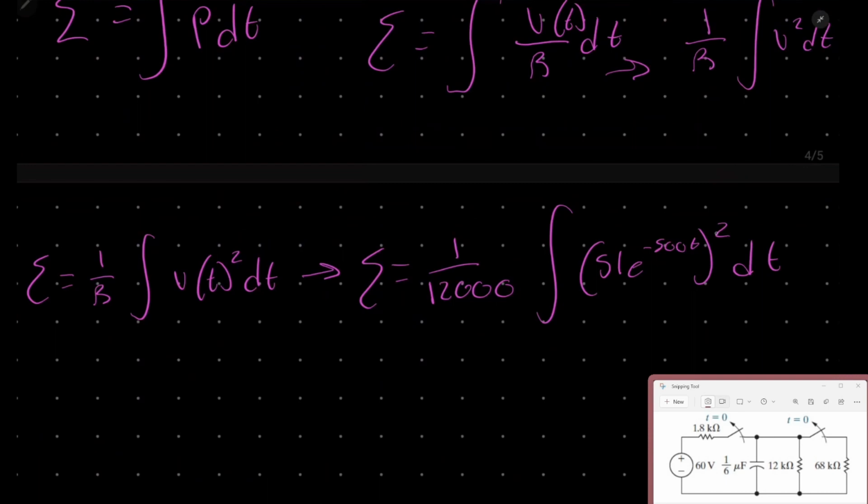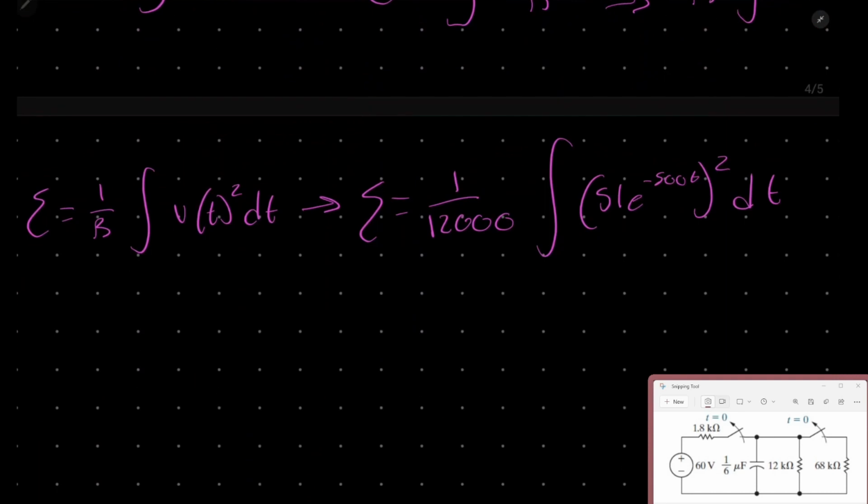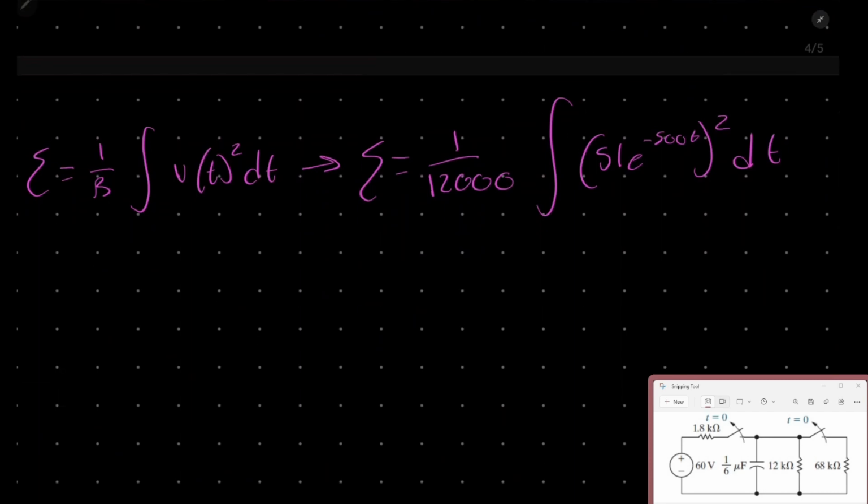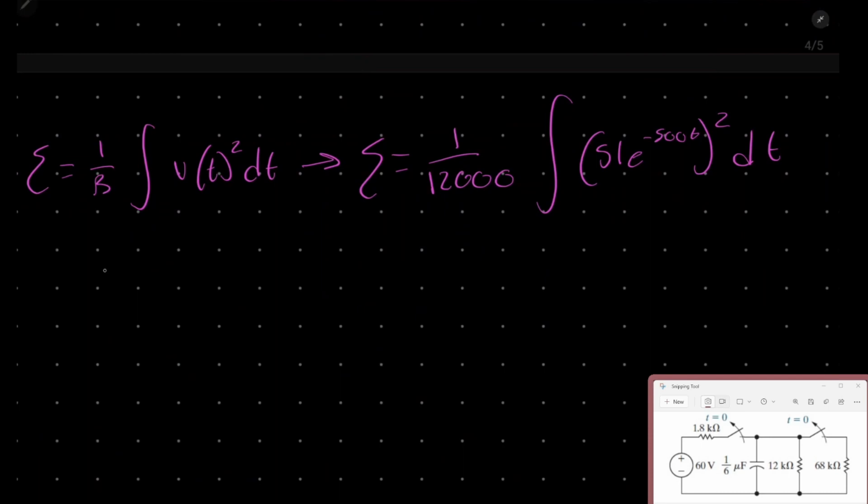Now, first we are going to square this in here. So 51 squared is 2,601. And then we can pull that out, and then it would look something like this. Actually, I'll do it step by step. So we get 1 over 12k, this, and then 2601